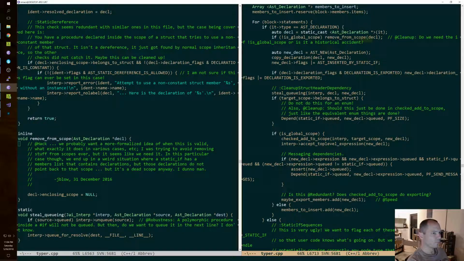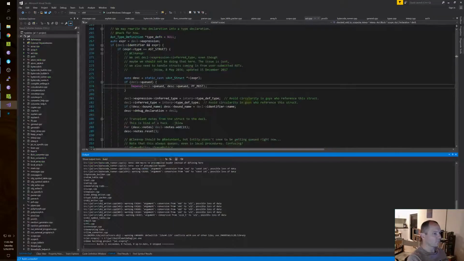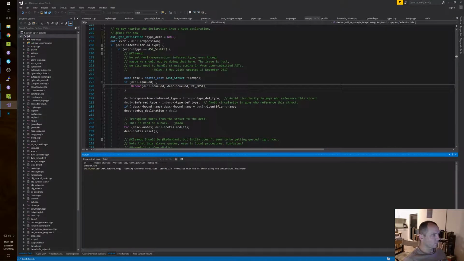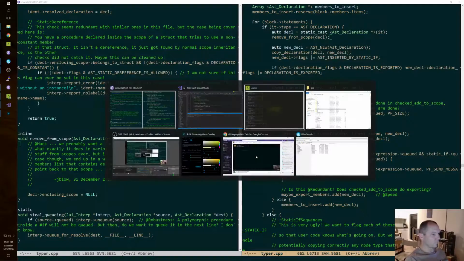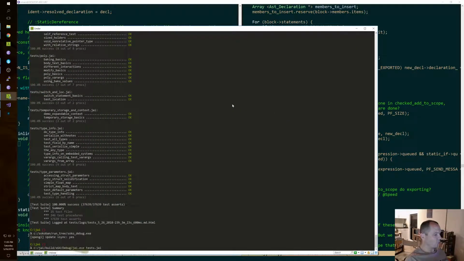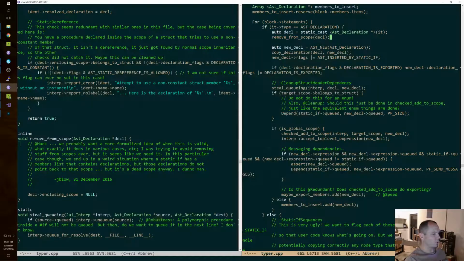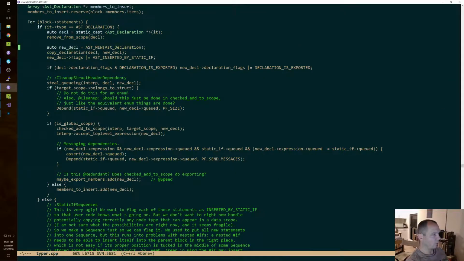Fine. That's just for debugging purposes, I'm pretty sure, so that when I'm looking around at nodes in the debugger, I can tell if they've been removed.